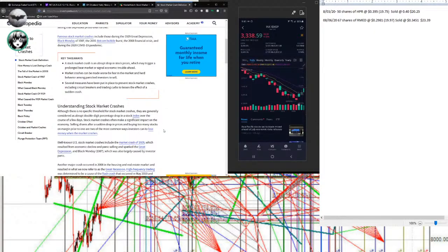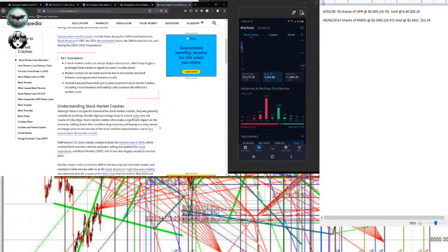Exactly. So if there's another one of those, then our JDST will explode. If not, if we go into another bear market, it will creep back up and above what our position is in it, what our average cost per share is, and then we can